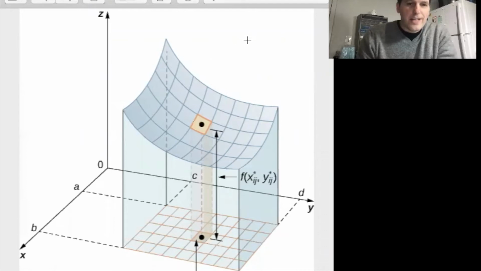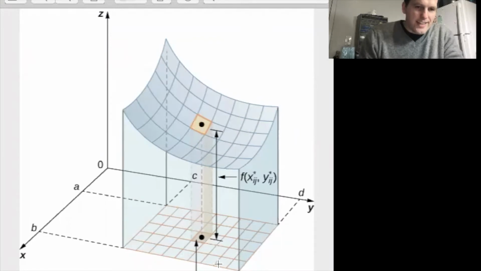Now I want to give a geometric interpretation of integrating a function of two variables. So here we're looking at the graph of a function f, which is a function of two variables. The graph of our function f is a surface. It's the surface here. And we're integrating f over this rectangle that you see here. And the geometric interpretation of this integral is that we're computing the volume of this region under the surface, this